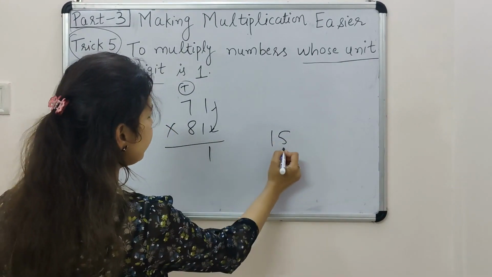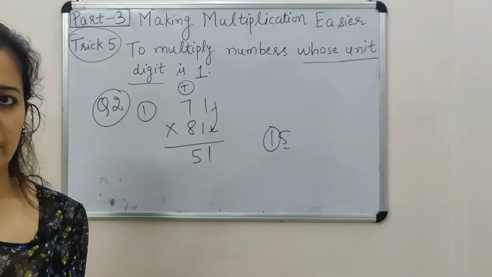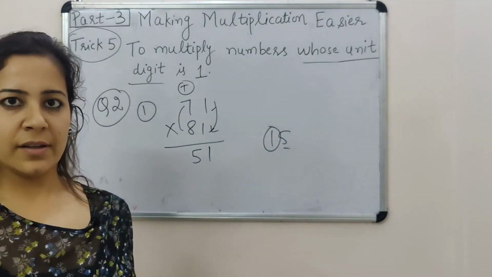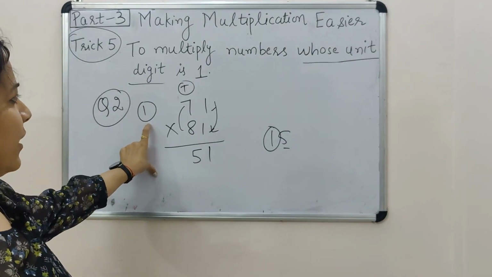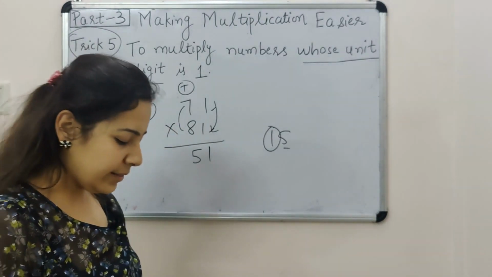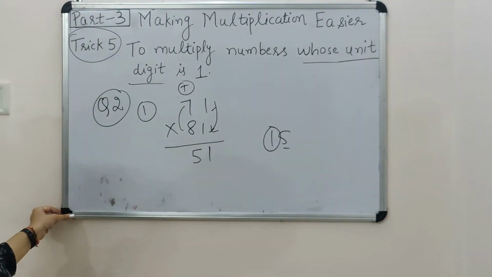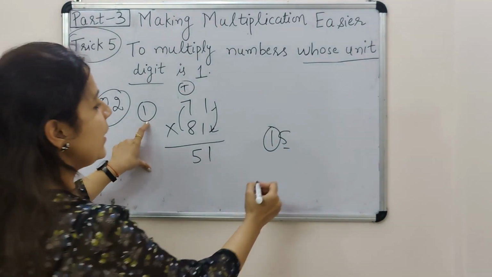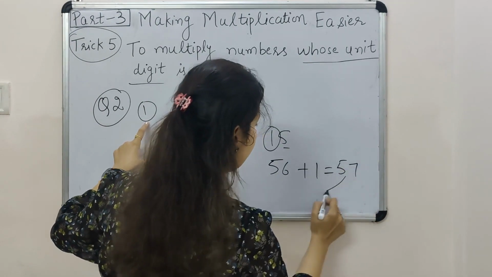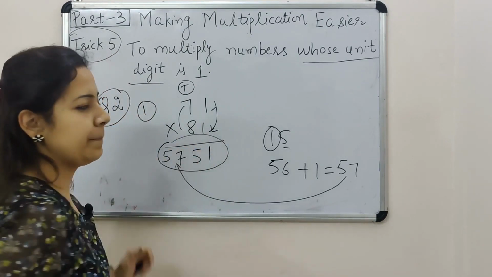So you have to simply write 5 over here and this leftover 1 will be taken as a carryover. Third step says that we need to multiply tens digits. Friends, what important thing to remember here is that we need to add this carryover in this product value. So when I am doing 7 into 8, we know 7 8s are 56. So this carryover will be added to that product value. 56 plus 1 becomes 57 and this 57 will be written over here. So this is your answer.